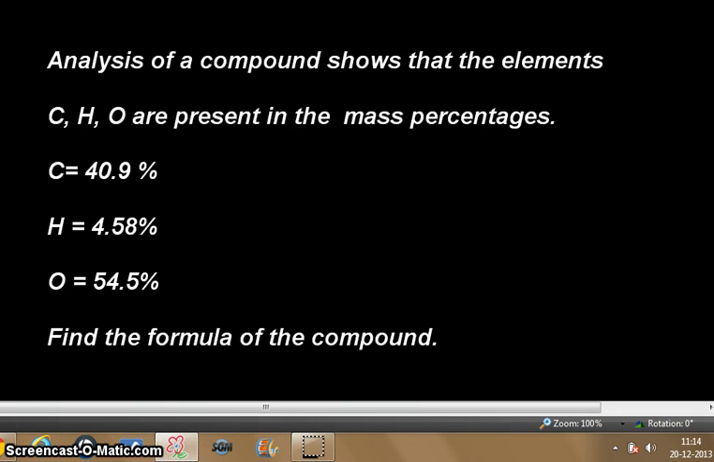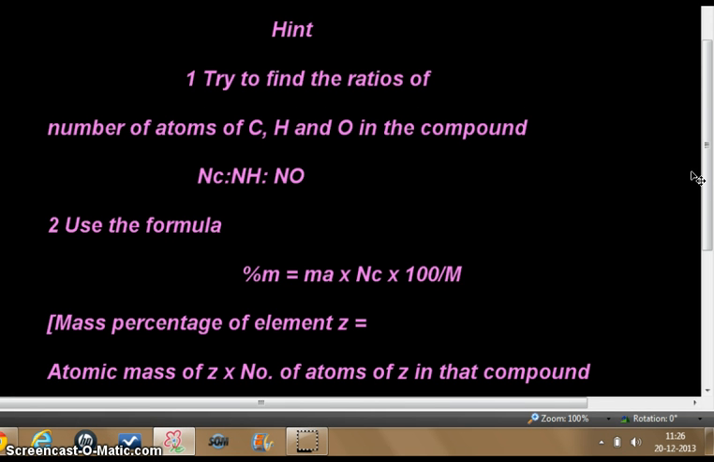Analysis of a compound shows that the elements carbon, hydrogen and oxygen are present in the mass percentages 40.9, 4.58, 54.5. Find the formula of the compound from these mass percentages. In this case, first we are trying to find the ratio of number of atoms of carbon, hydrogen and oxygen,